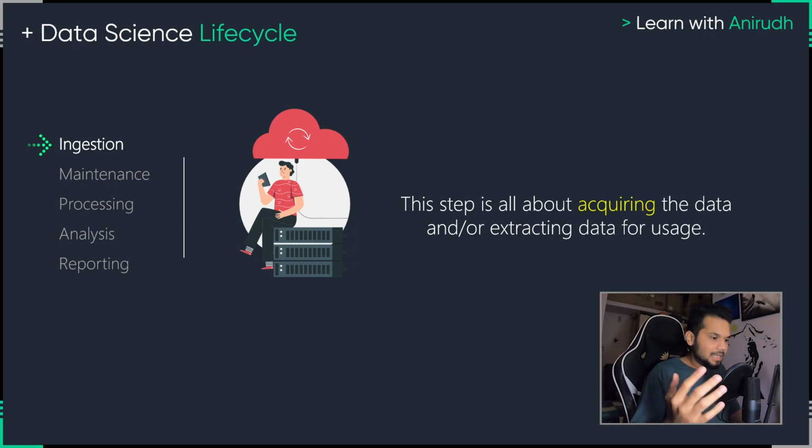analysis later on. Now let's just say that you are a company who's trying to sell a couple of products. Where does your data come from? You might generate a lot of data by clicking pictures of your products to sell it online. You might also be using the data from your competitors to understand what they do. If you've ever observed very closely the sales that happen with respect to Flipkart or Amazon or any other site, they tend to match these prices almost all the time. That's because they are doing competitive analysis. So they have to also pick up data from not just their own company, but from their competitor company as